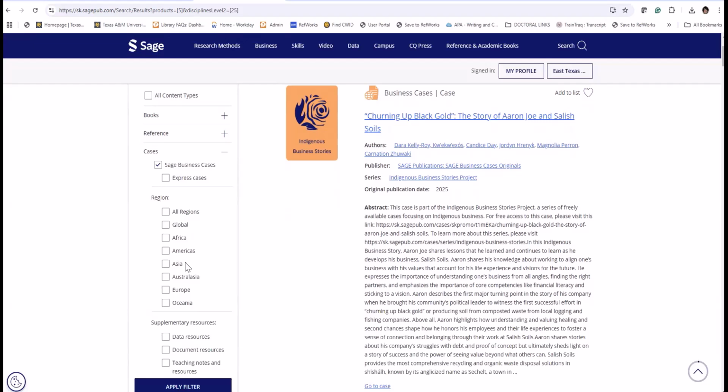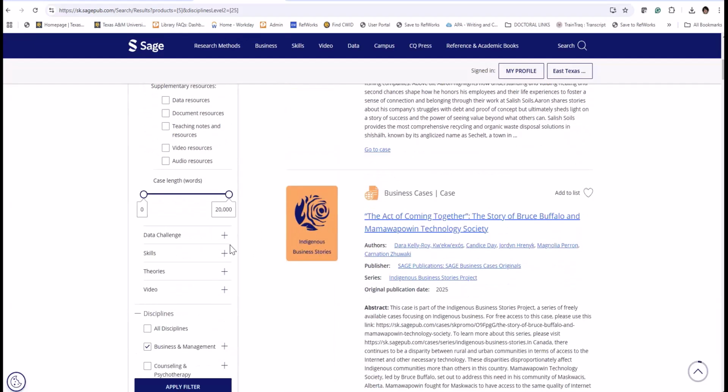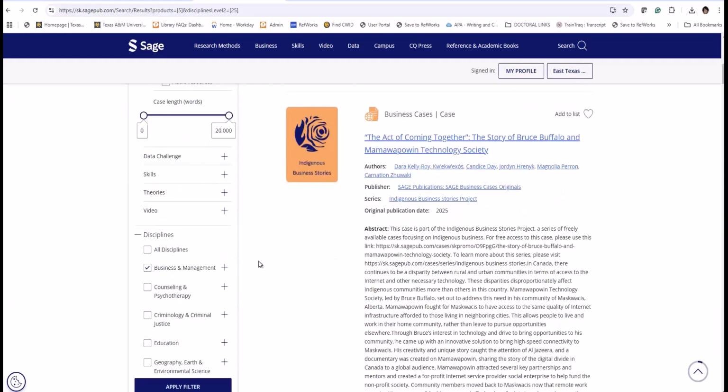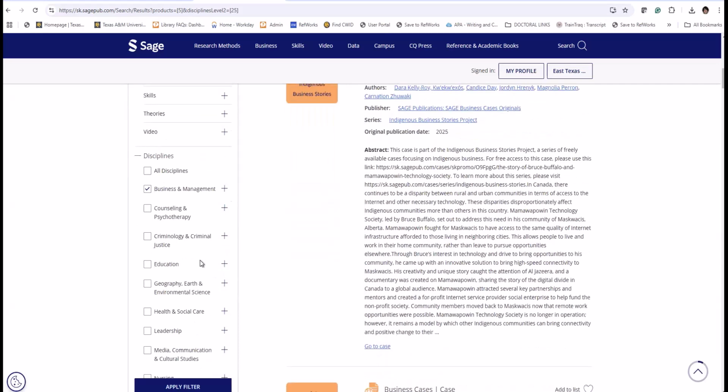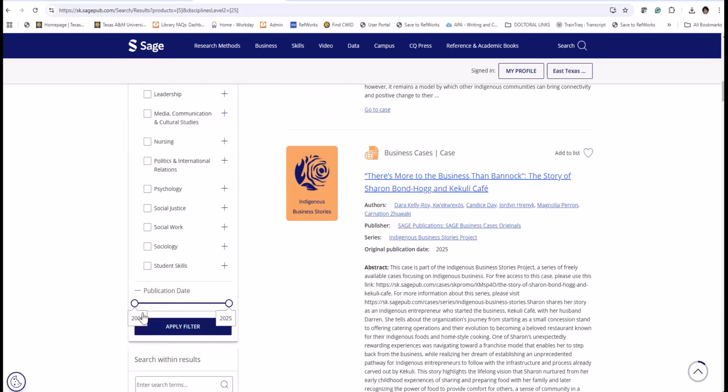So you may filter them by videos or some other things relevant to cases. But here again, you can filter the discipline more or just keep it or change it. Here is the publication date. They are from 2006.